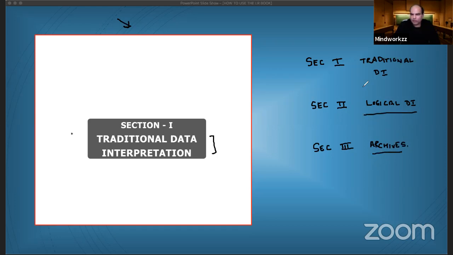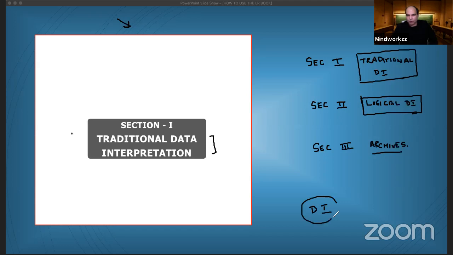So you have these 3 subparts of the data interpretation book. And why I split it into these parts is because, although if you go into the portion definition for any exam, they will not talk about this division. They'll not talk about traditional DI and they'll not talk about logical DI. They'll just talk about DI as a whole. So as a pedagogy, why have I taken this approach? The reason for that